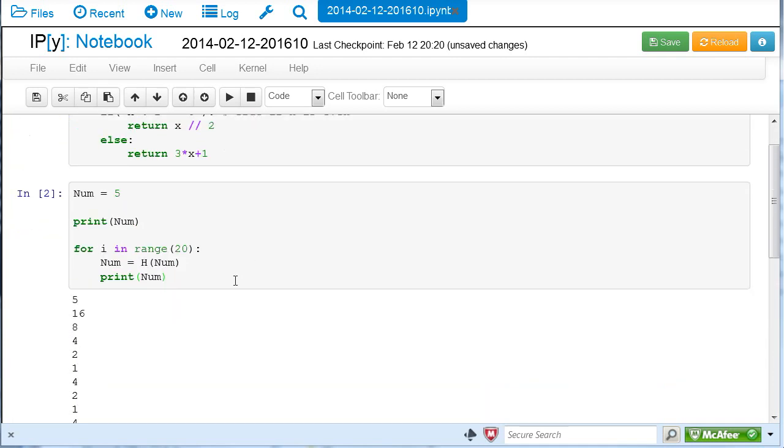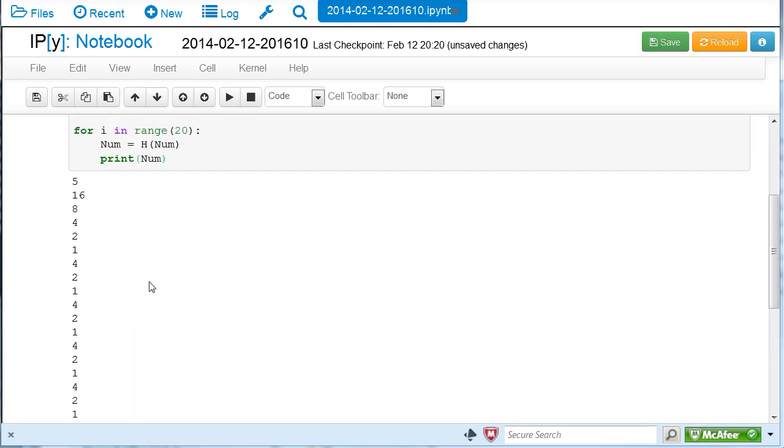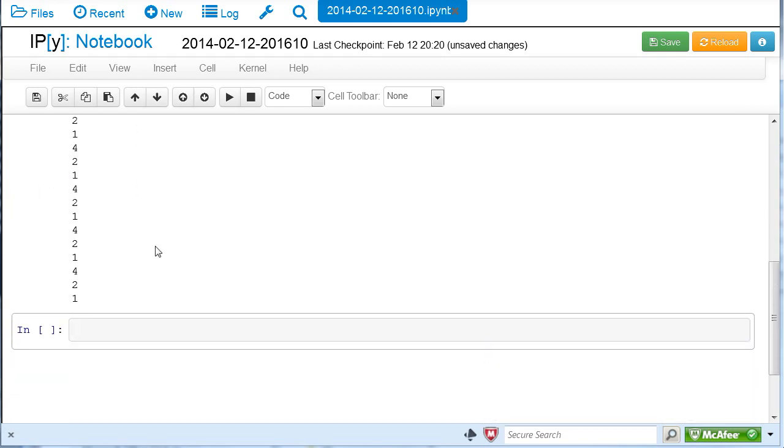And so notice, first off, it's a little clumsy because we have to keep scrolling down to see it. So first off, let's see if we can fix that. And the way we're going to do that is we're going to capture the actual iterates. So we're going to say iterates equals, and we're going to use a list. And a list is just surrounded by square brackets, and the order is important. So we're going to start out with num as our initial value in the iterates,